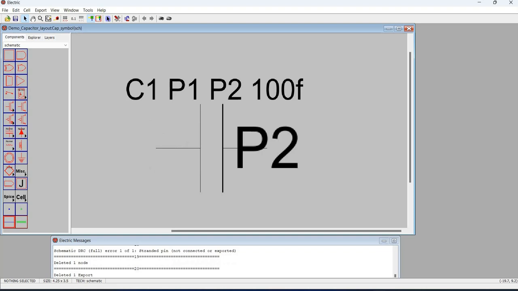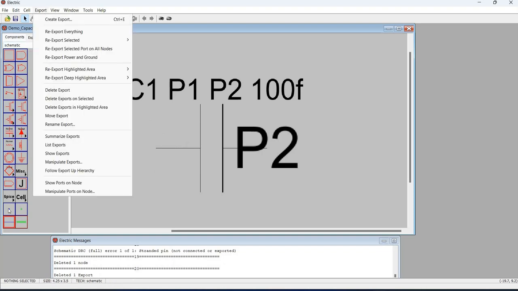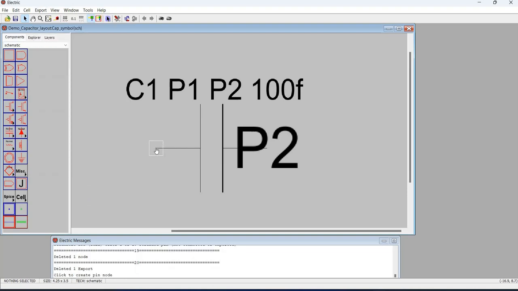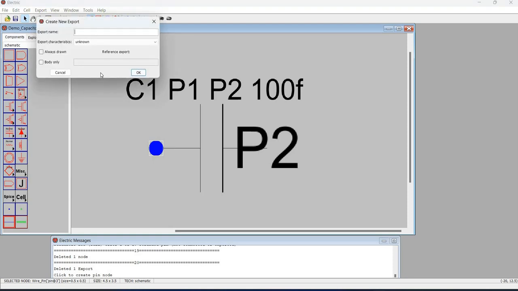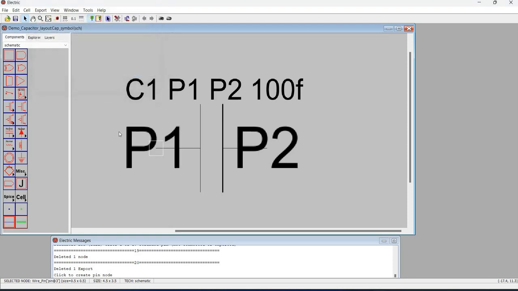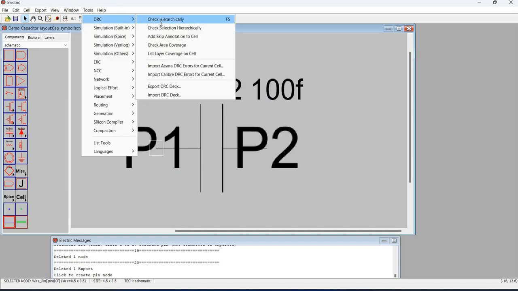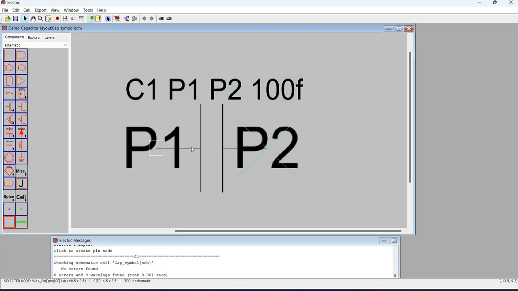So I need to connect again the node to this part. So again, upon checking, there are no more errors. For the layout, so don't forget to save this schematic.